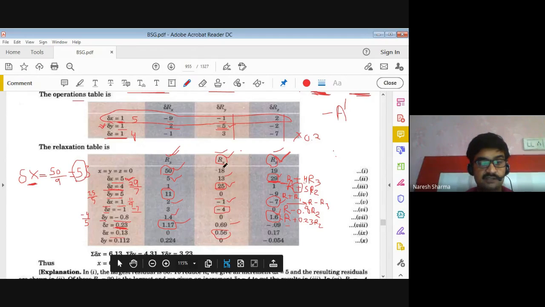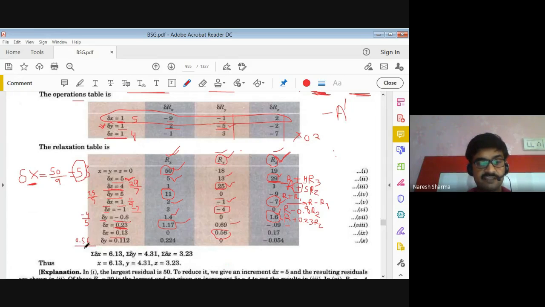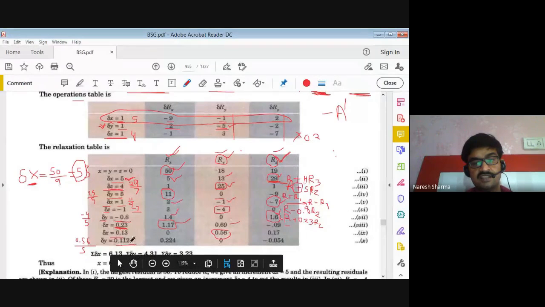Again it belongs to y, so we write here 0.56 and divide this by the A22 element, which is your 5 here. This gives you 0.112, and you just multiply this here and add to this row, which gives you this one. So here you see all values are nearly 0. It's your choice. If you want more accuracy, you can again choose this one and go further, right?